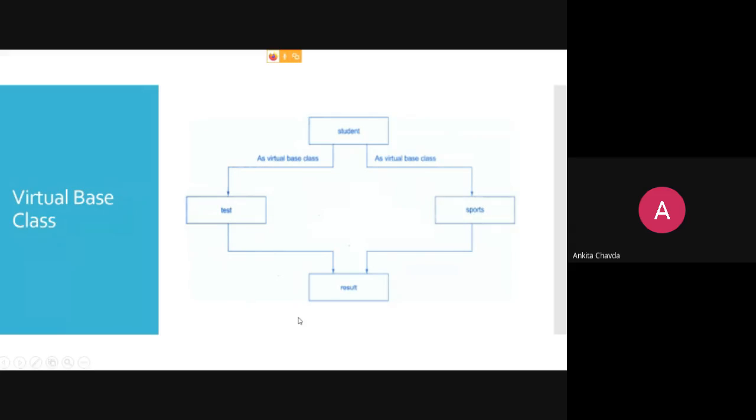We are only talking about multiple inheritance right now. So you can say that you are having a total of four variables: subject 1, subject 2, score and total. The last variable total is the result class variable only.